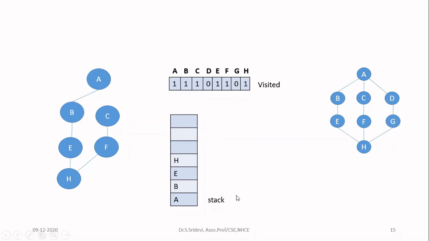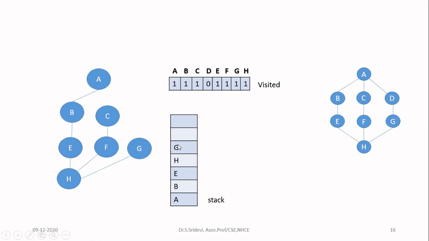So what we have to do during the visiting, just push G on the stack, then add 1 for the visited, then go and add that node in your output. Since it is reachable from H, I am connecting G with H. So I have done now. My next step is I have to go and search the neighbors of G because whatever is on the top of the stack, for that only you are going to check.